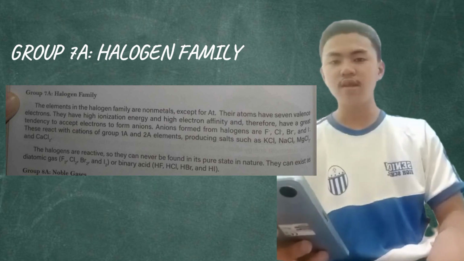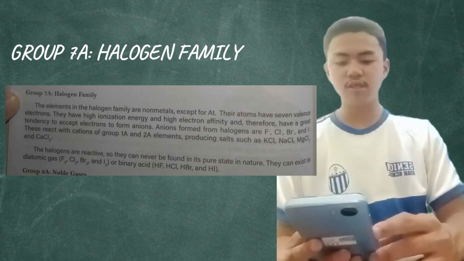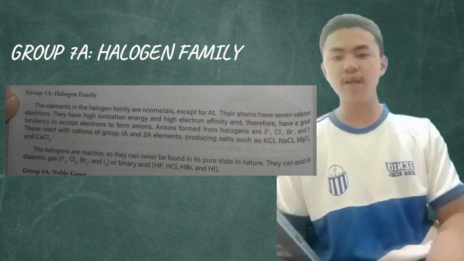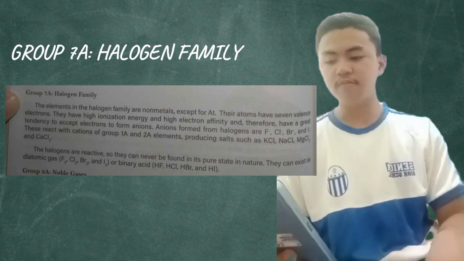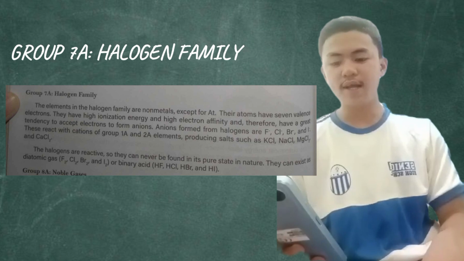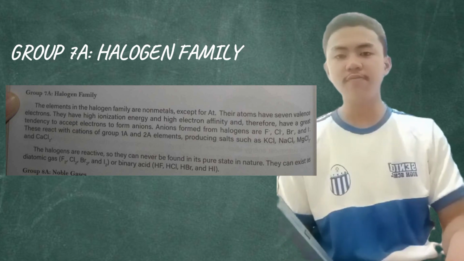These react with cations of group 1A and 2A, producing salt such as potassium chloride, sodium chloride, magnesium chloride, and calcium chloride. The halogens are reactive, so they can never be found in pure state in nature. They can exist as diatomic gas. According to 7A,